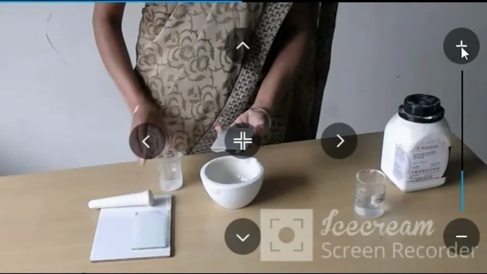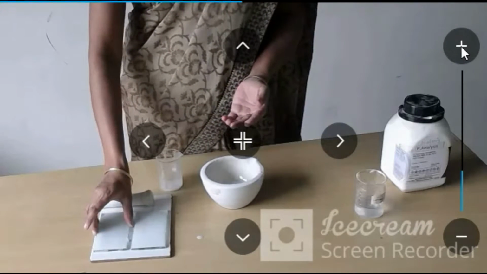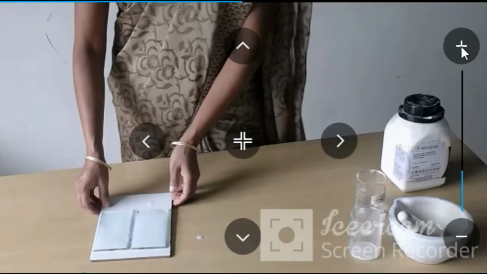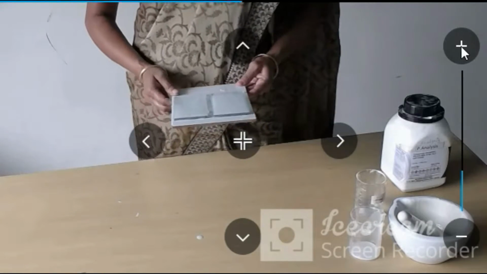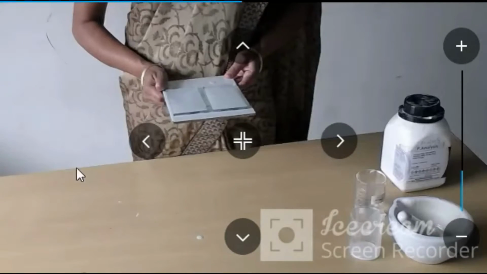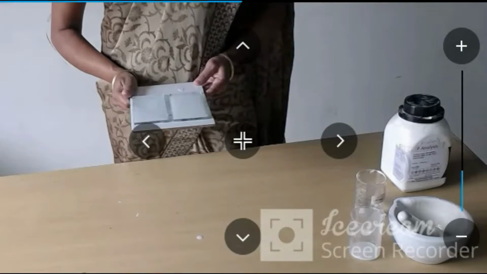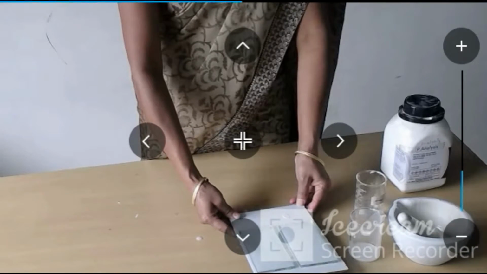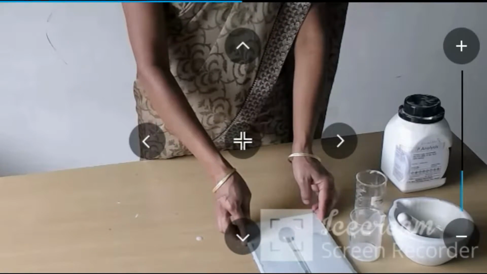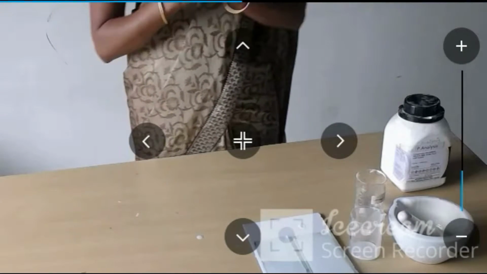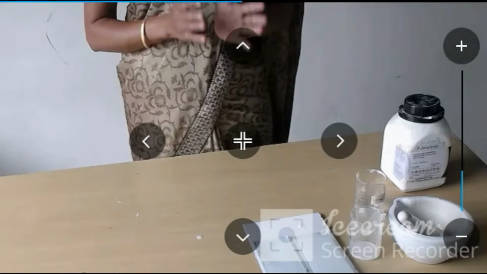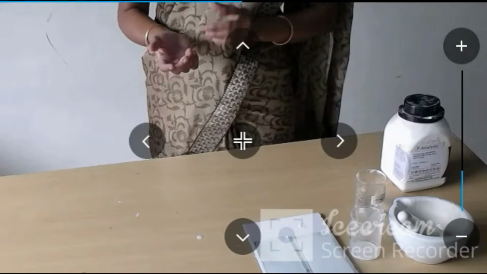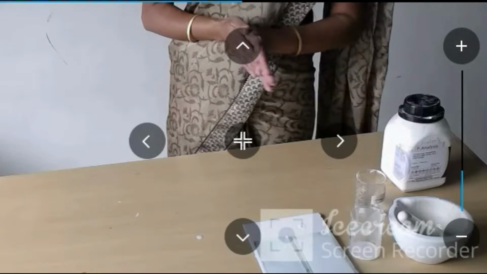Now these plates are ready. Now I am going to keep these plates into the oven for activation purpose, at 110 degrees Celsius for around 30 minutes. You should keep watch on the time you kept the plate in the oven for activation, because it is important: activation time also affects the separation of components. So always note down the time of activation of your plate.